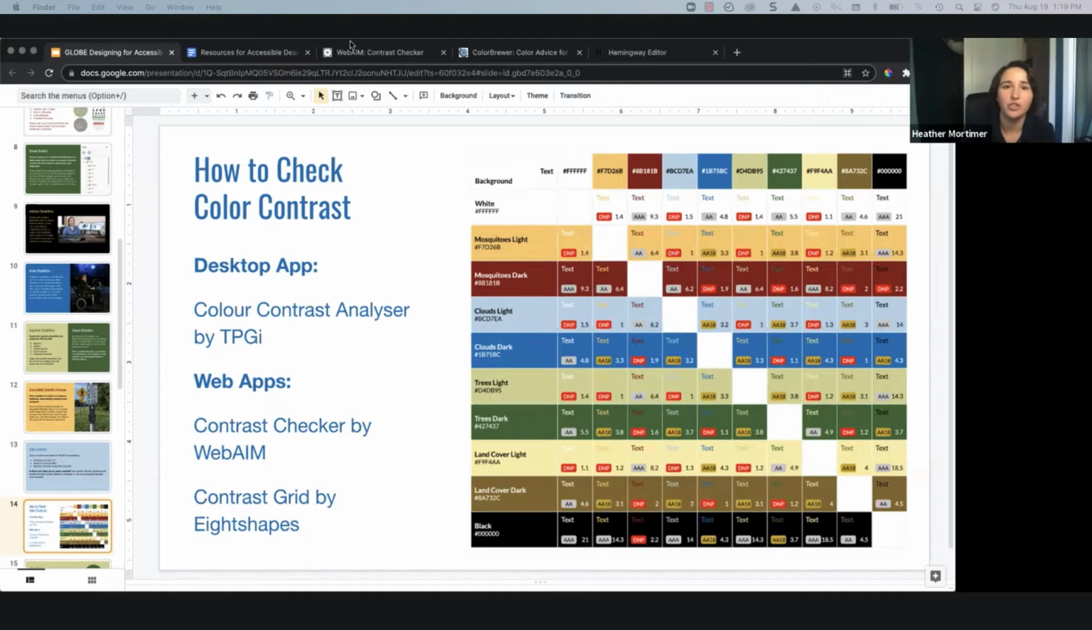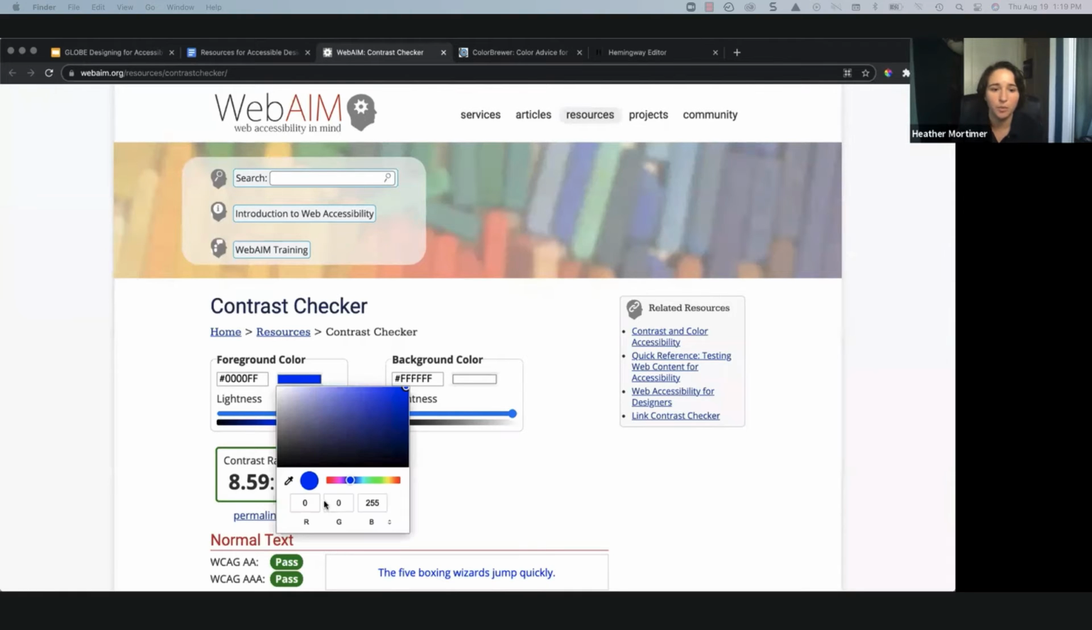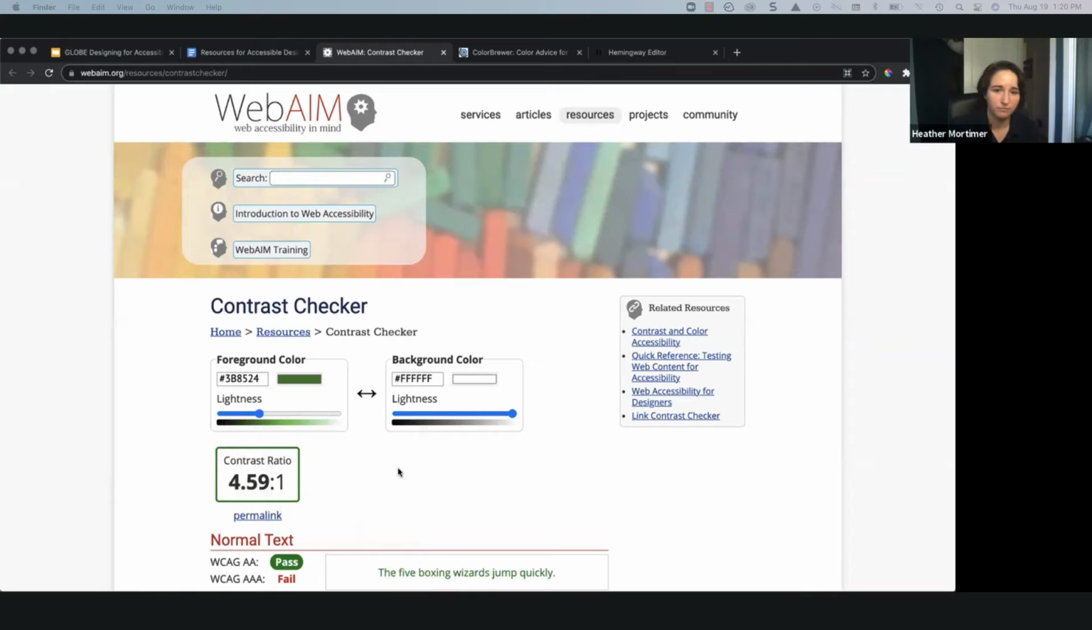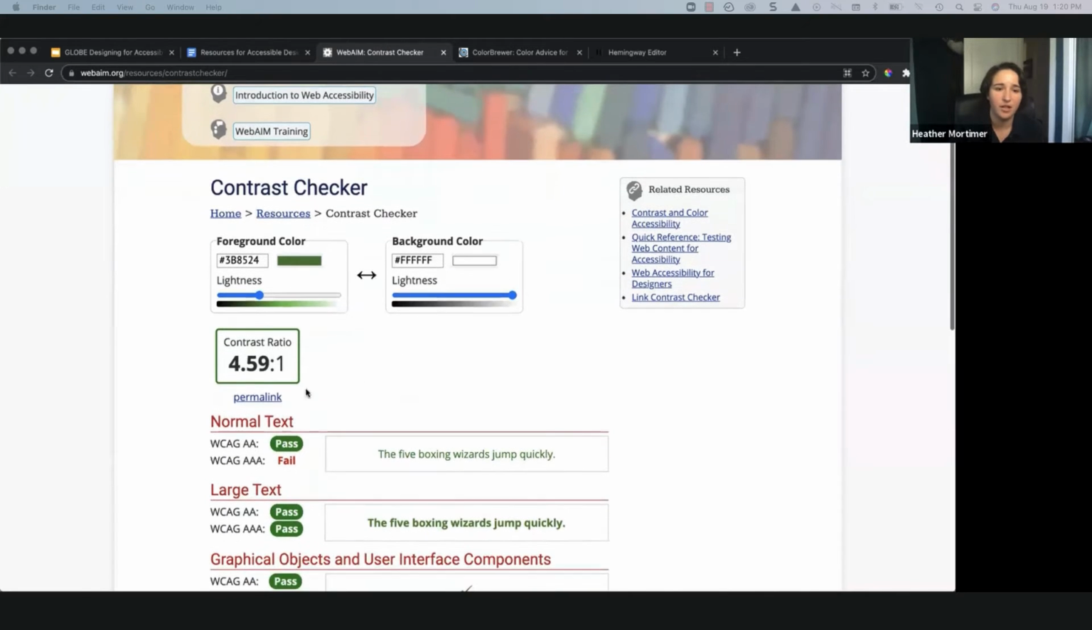So I'm going to go ahead and show you Color Contrast Checker by WebAIM. And it's very easy to use. If you want to test different color combinations, you can either plug in the hex code here. You can put in the RGB values, or you can use the eyedropper tool and just pick up a color. So I'm going to pick up this green right here. And so this is letting me know that the green text on a white background has a contrast ratio of